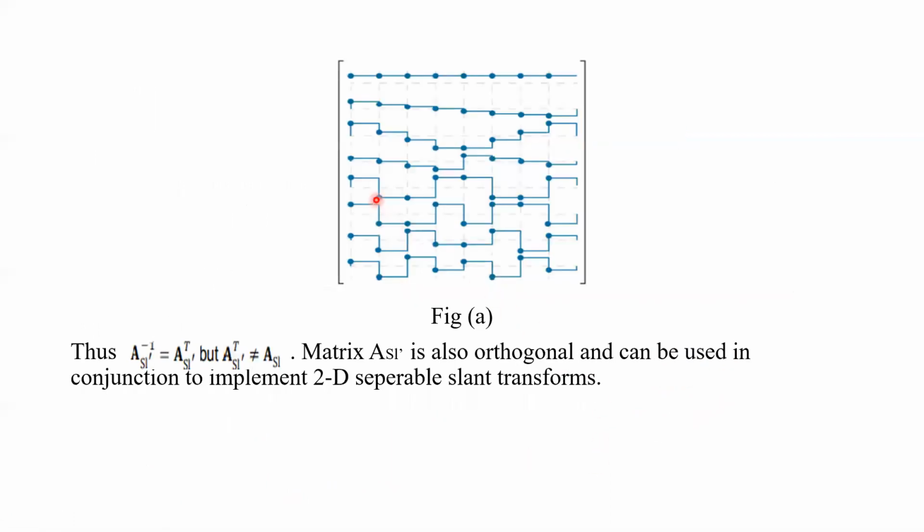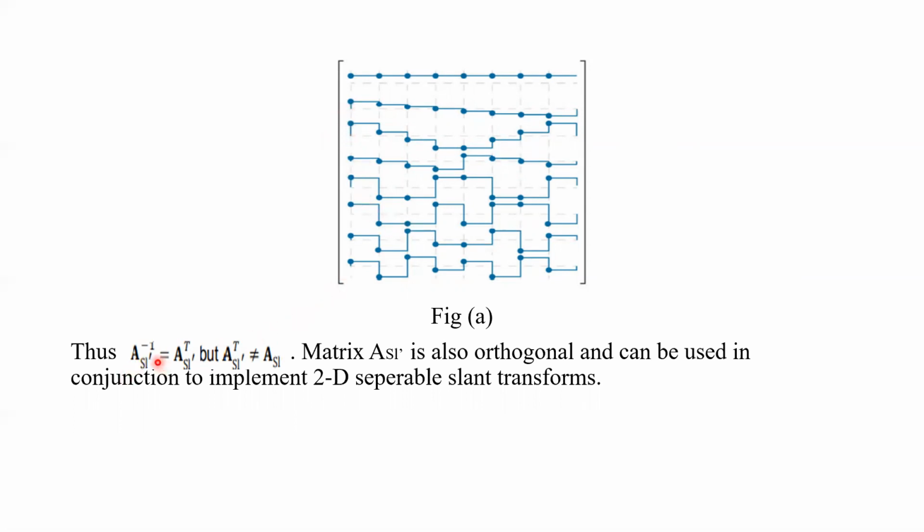This is figure A. This shows the graphical representation of the slant transformation. This is the first row. This is the second row, it starts from here, and here, here, here, and then it goes high again. The third row starts here, decreases one step, and decreases one step. When it reaches the middle value or average, it again starts to increase. This occurs for all these rows.